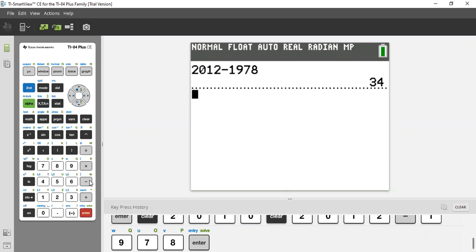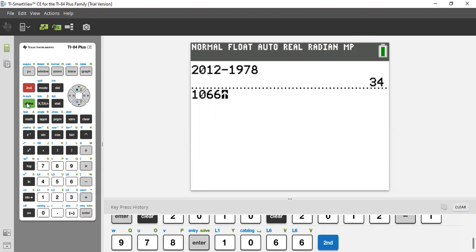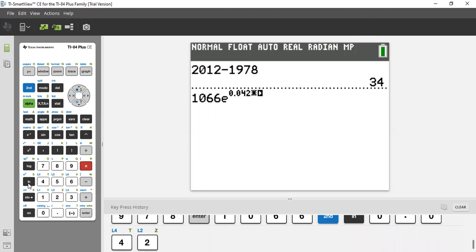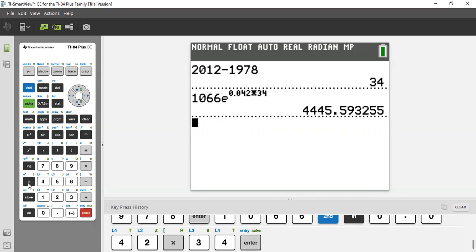Now, if we are doing this on a TI-84, with this particular calculator, it's going to be very, very similar to what we saw done the first time. So we're going to do 1066. Now, we have an e to the x button. It's over here in blue, which means I'm going to press the blue button, and then this button, it's going to bring in e. Now, this particular version does go ahead and put my stuff up in the exponent. So now I can put my 0.042, and then I'm going to do times x, what my x was, which is 34. Okay, so I get